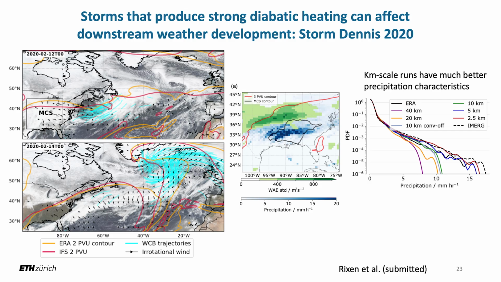We picked this case because the global weather forecast from ECMWF with the IFS model had a forecast bust, which means this storm was very poorly forecasted by the global forecast system. But it had a really big impact on the UK, so it brought major flooding, coastal flooding and inland flooding to the United Kingdom. So again, forecasting these weather patterns and storms realistically is of high importance for society. So we try to understand if we can forecast this system better compared to what the IFS forecast did.